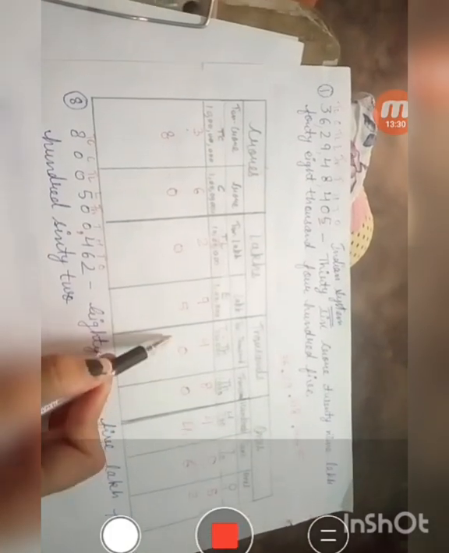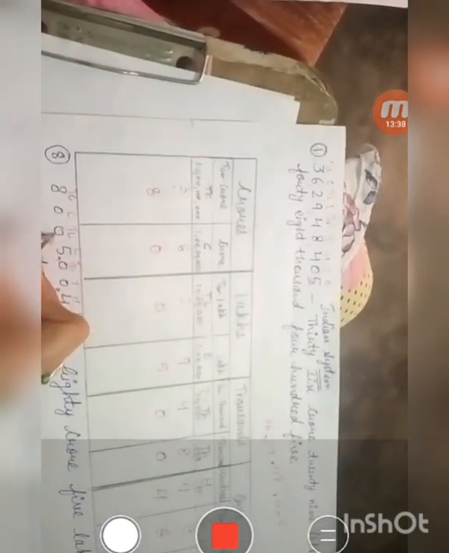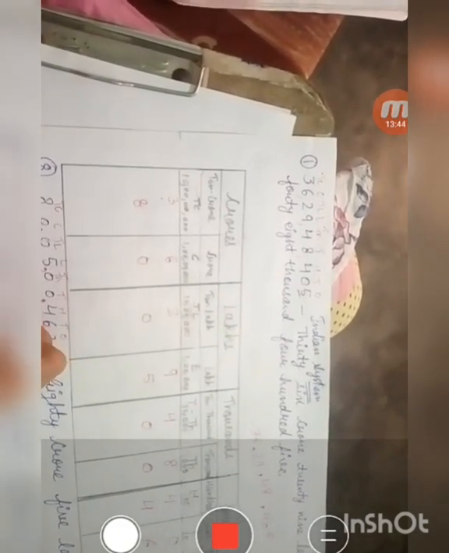And again when we have to put commas, what will we do? According to this table, after 3 places, 1, 2, 3, we have to put a comma. Ones, tens, hundred. Here we will put a comma. After that, 1,000, 10,000, we have to again put a comma. Lakh, 10 lakh, again we have to put a comma. And the last digits are 08, that is our 80 crore. Okay, I think this topic is clear to you.